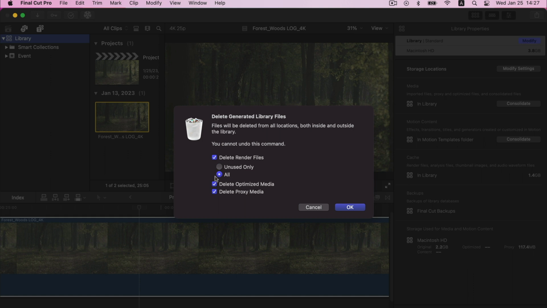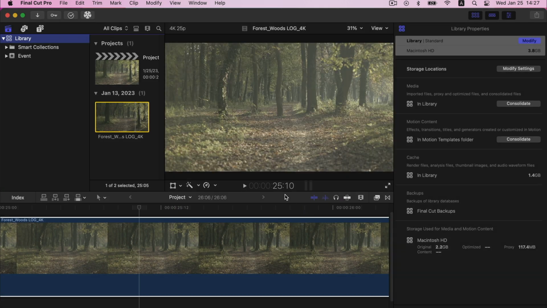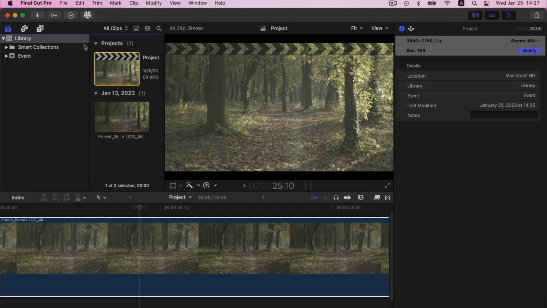They are recreated as needed. Here you can also delete the proxy and optimized media folders. Final Cut Pro will just create them again next time you're working on the project. If you don't see the option to delete unused or all render files, make sure that you've selected the library